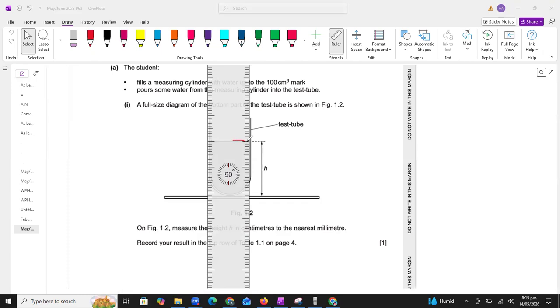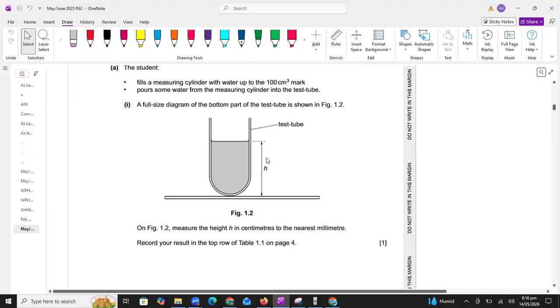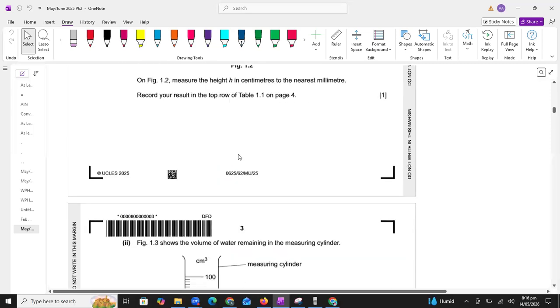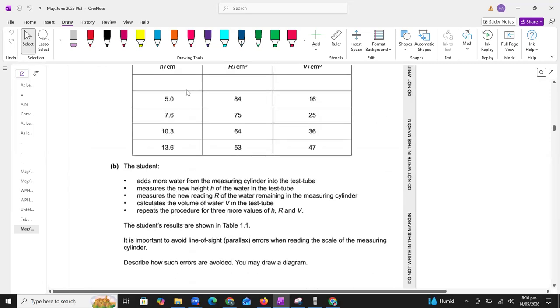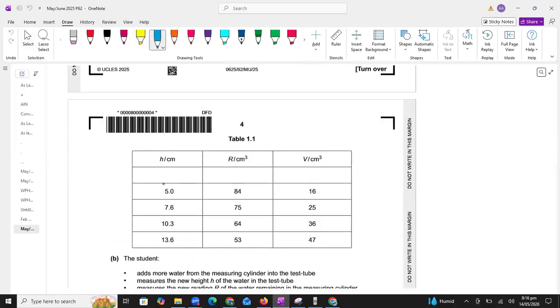For example, the meter rule zero must be aligned with this dotted line, and we will take the last reading till this position. So we are able to calculate the height of this liquid with the help of the meter rule. Let me tell you, students, the height we are getting here is 3.4 centimeters. You have to do this measurement on the hard copy, beta, so you will get the correct, accurate answer. So let me write the answer here: the height is 3.4 centimeters. That is the height of water in the test tube.